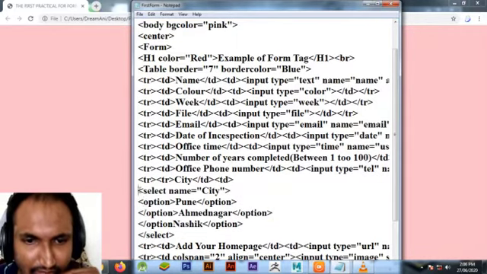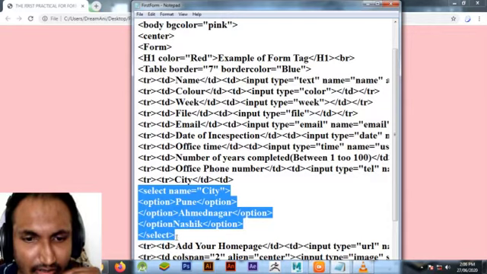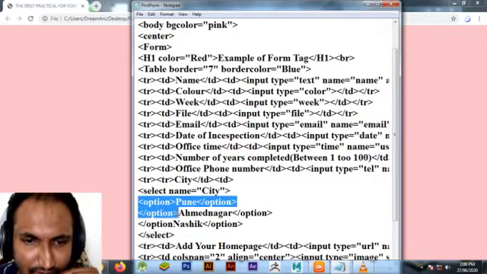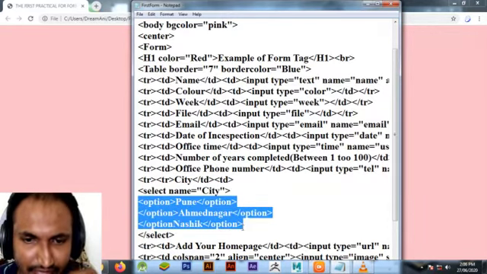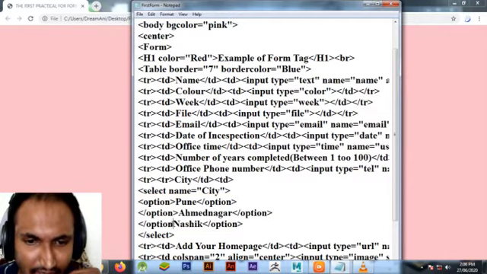The option tag will always be under the select tag. The options will be given in the option tag. Okay, like this. We will see how it runs.